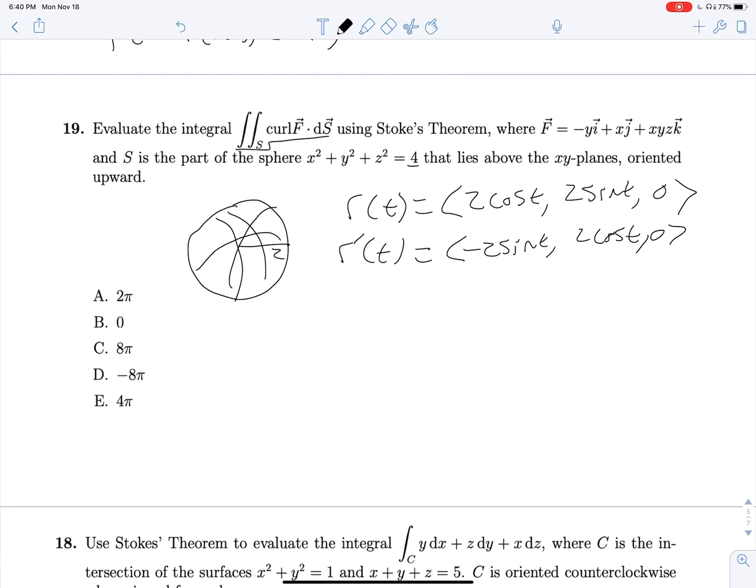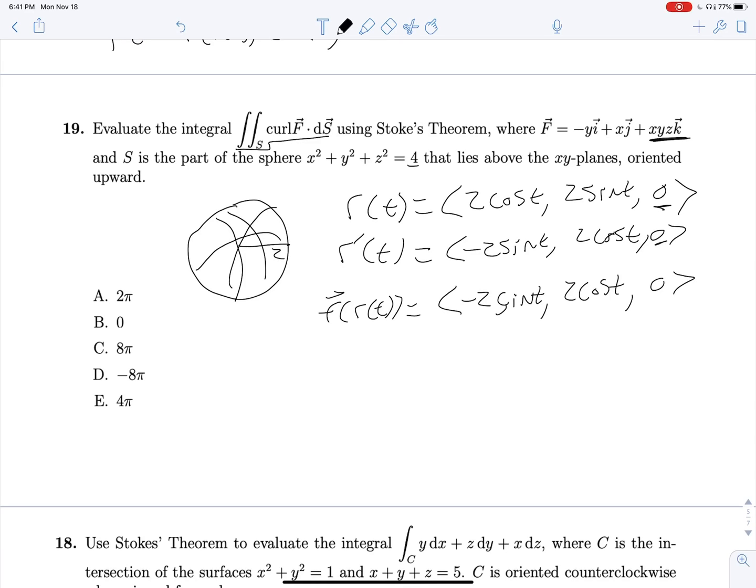And then all we need to find is f of r of t, which becomes very nice because this xyz gets canceled out, as you'll see, because z is equal to 0 in both cases up here. So f of r of t is going to be negative y, so negative 2 sine t, and our y component is going to be 2 cosine t,